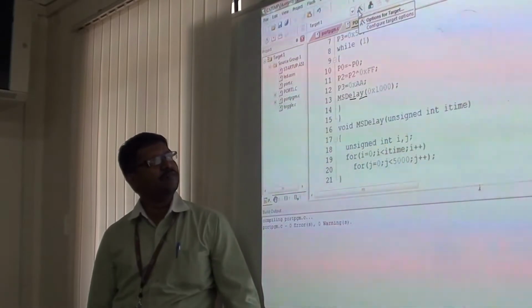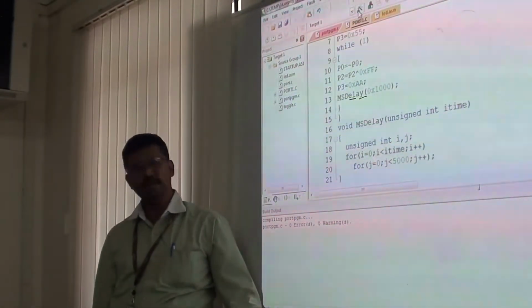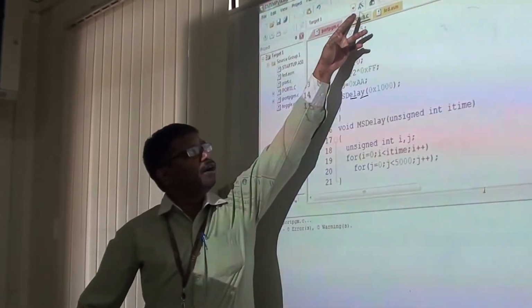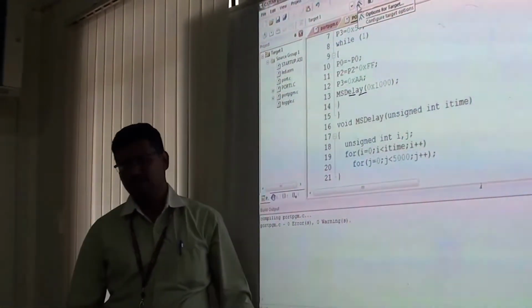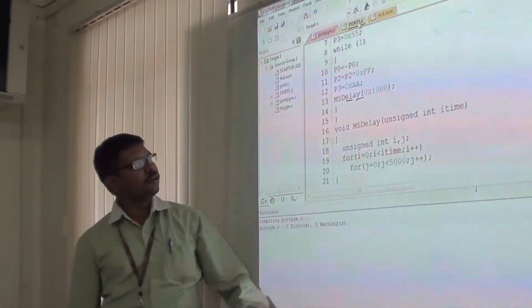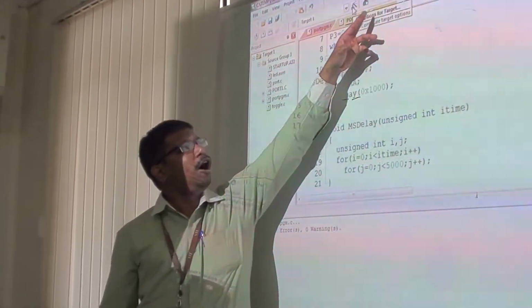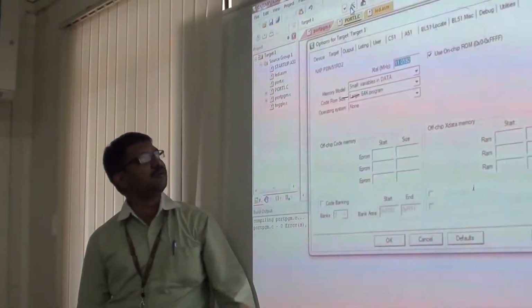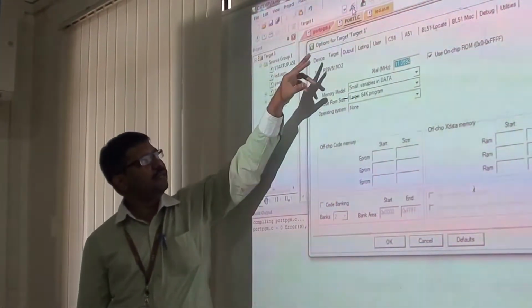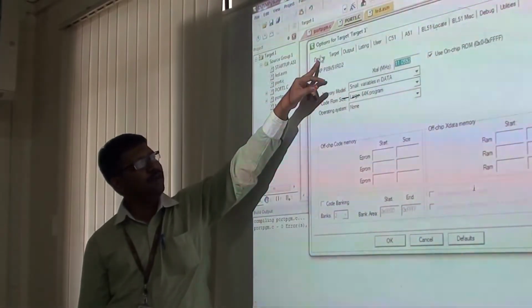Okay, for every hardware experiment the procedure may vary. Okay, so the first one is give the procedure step by step. If you are having any problem, you can interact. So this is the problem, please explain it again. Okay, the first step is options for target. Okay, please click the options for target. Where it is available, it is near the target one. So when you go for this, just click the first one, device.